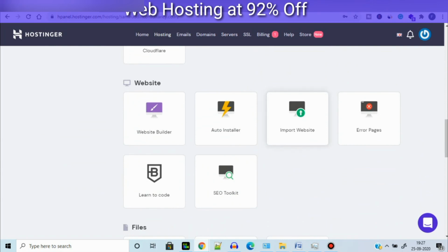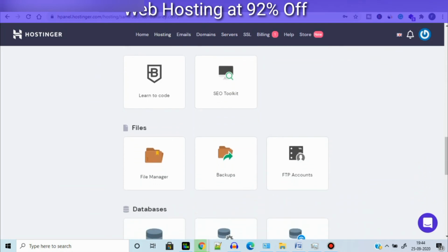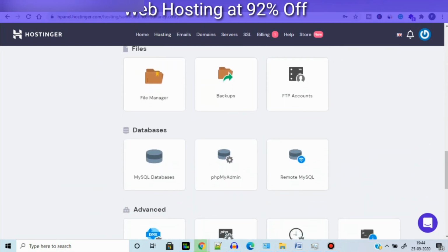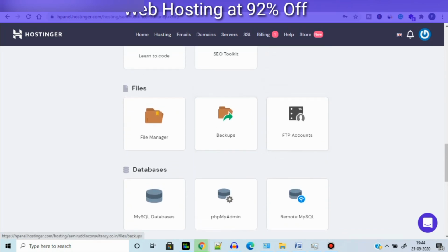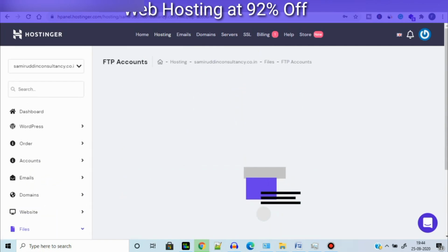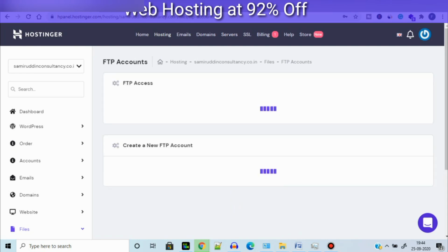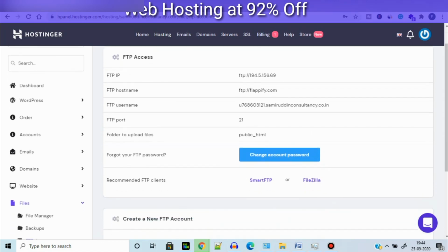From the import section, you can directly import your code. So now we are very familiar with the website section. Now we can understand the file section. Basically, you can use this section to access all your files. You can access domains, themes, plugins, media files, and you can also verify your hosting ownership from here.